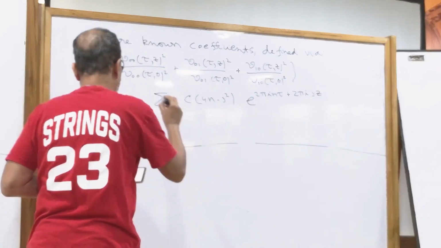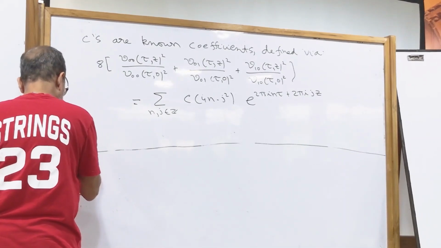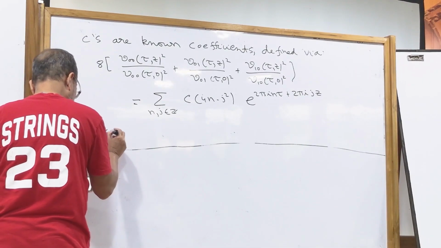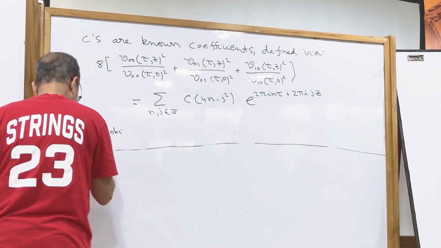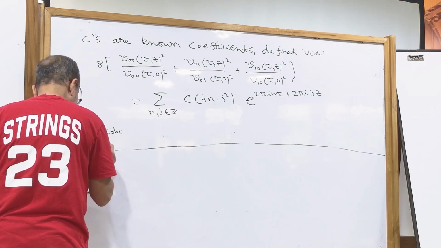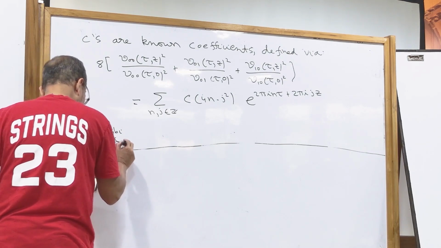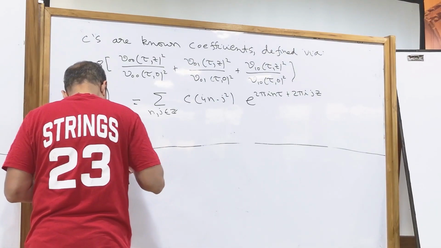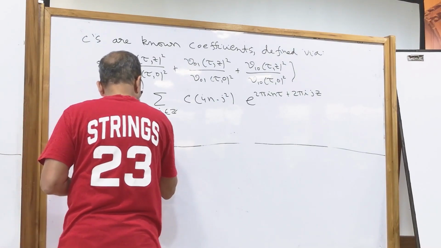Okay, the thetas are Jacobi functions. Theta mn are Jacobi theta functions. This also I'll write down explicitly in case you have not seen. So theta 0 0